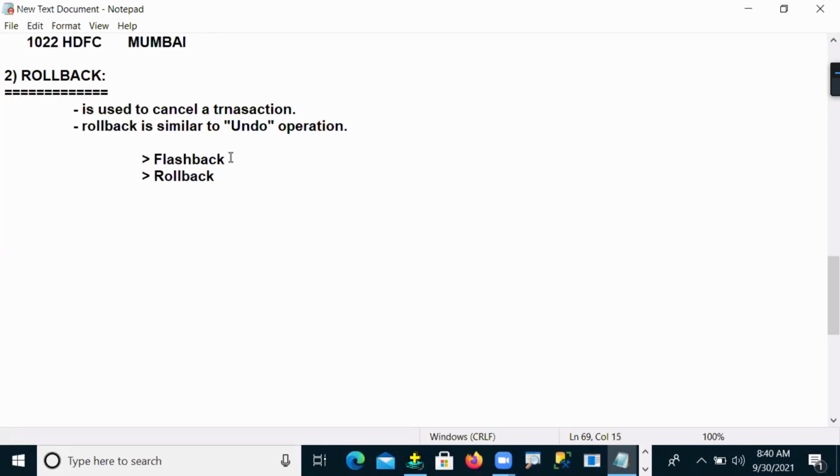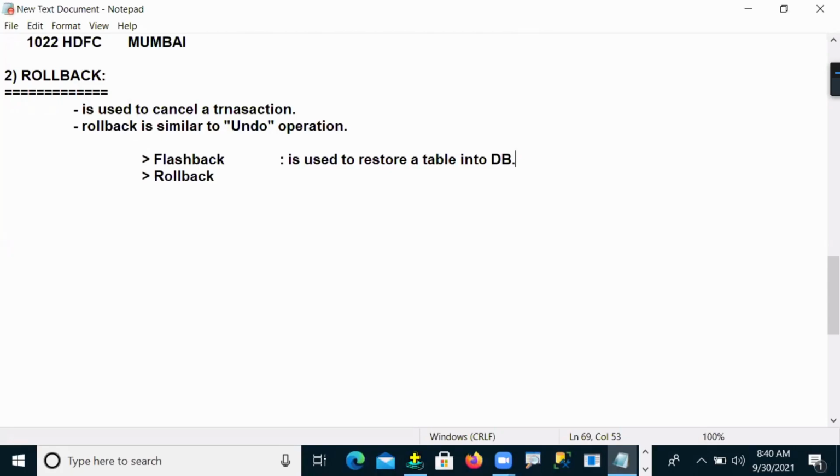What is the difference here? The flashback command is used to restore a table into database memory. Very, very important point.